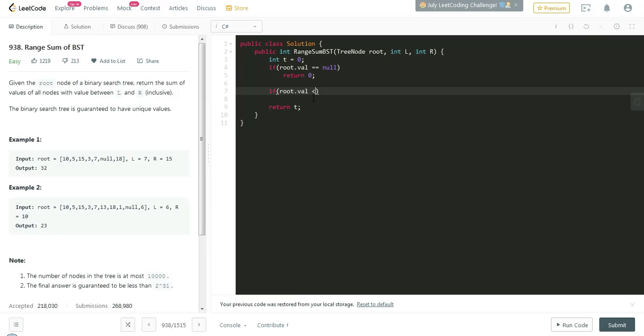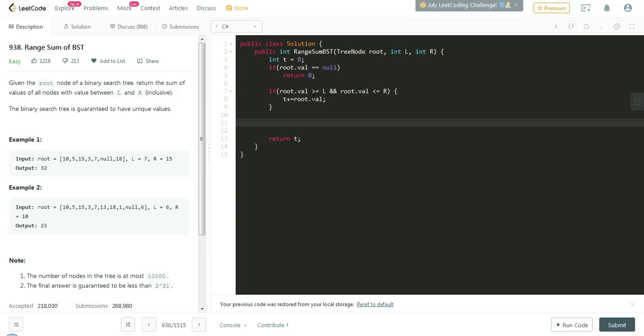So greater than or equal to L, and the same root dot val should be less than or equal to R. In that case, we are going to add the current root value to t.